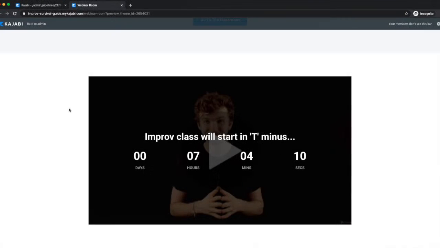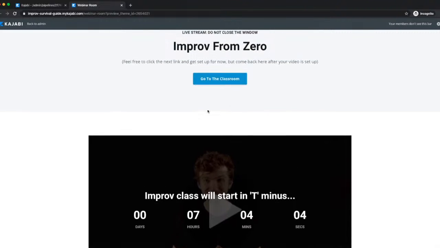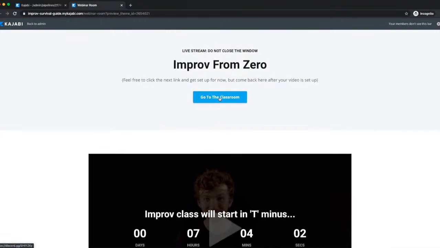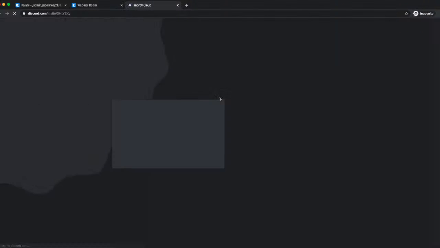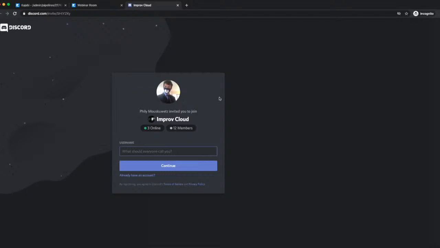Okay, so this is where you'll be able to see me. And if you scroll just a little bit up, then this is exactly where you can click to go into our classroom. Now this is where we will be able to interact and work with each other. Okay, so the first thing you have to do is type in a username. I'm going to call myself Mr. Phil. Continue.